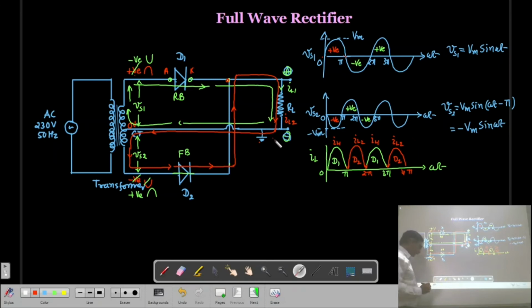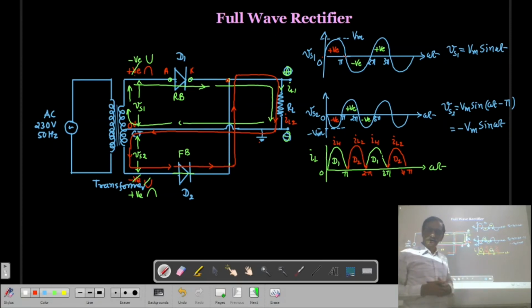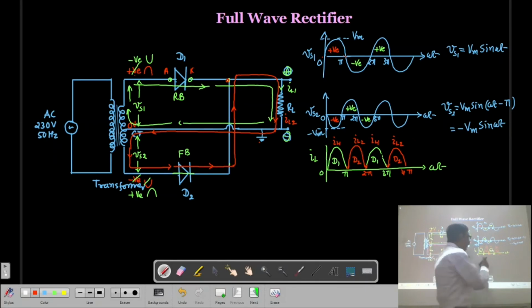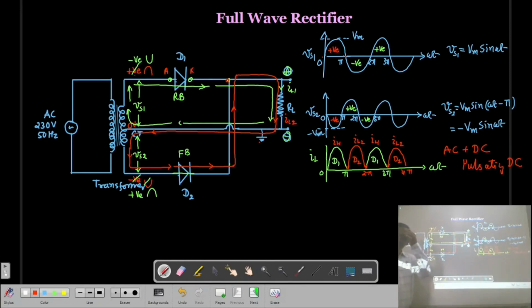Now again here you will find that whatever the load current is flowing, it is not a pure AC and it is not a pure DC, because the current is flowing increasing, decreasing, increase, decrease. That is the characteristics of AC. But this current is not changing the direction. So that is the characteristics of DC. So whatever the current we have, it is a combination of AC and DC current, or you can say it is a pulsating DC current. It is called a pulsating DC current.